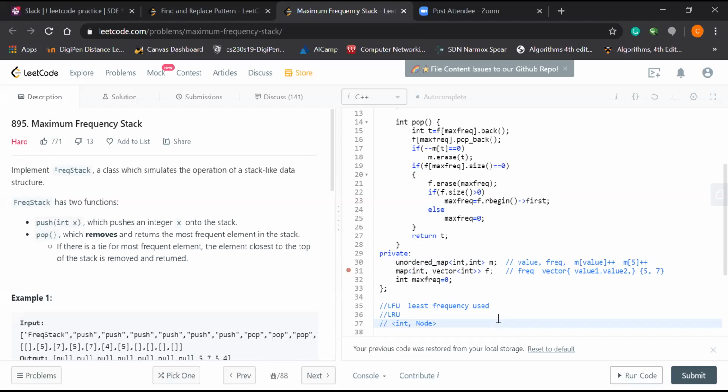Could you show us how to implement this data structure? I can stop the share and maybe you can share your screen. Well, I think she was just brainstorming, right? I never shared the screen before, but